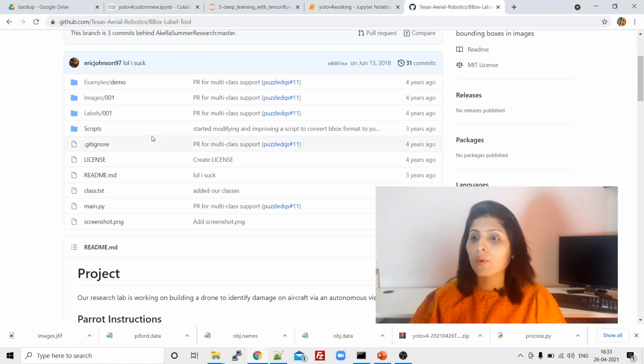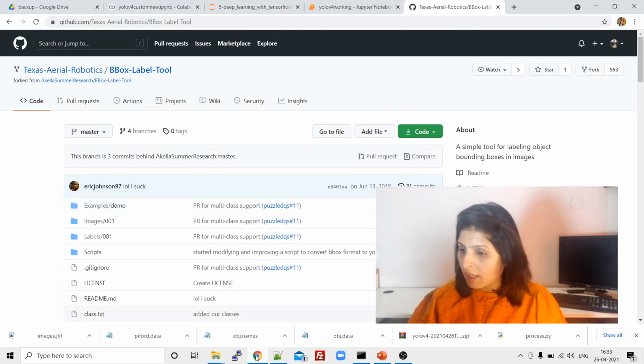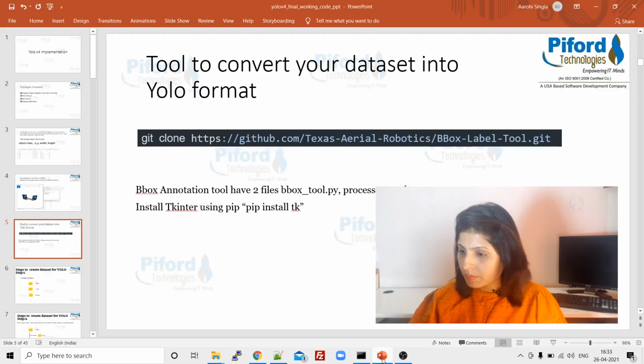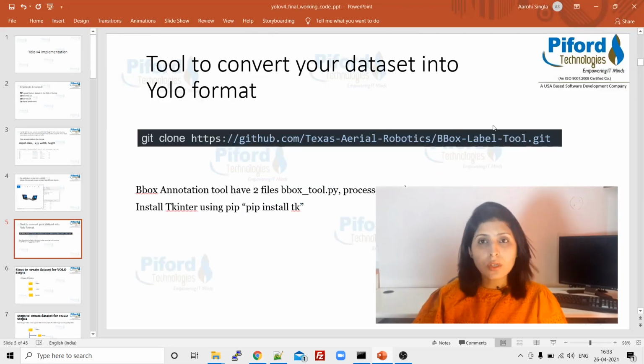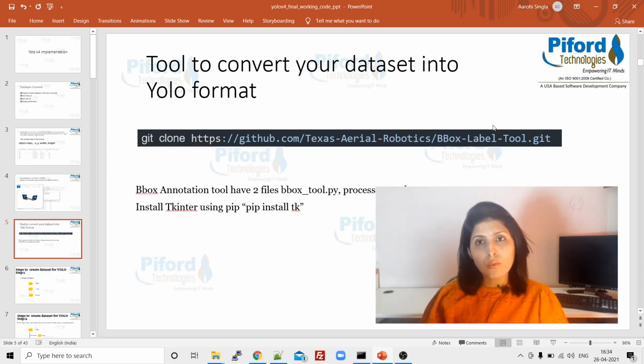This is the repository, and you can download it from here. What we want from this repository is the bbox label tool. This is a desktop tool, and using this tool we are going to annotate our images in the format of YOLO version 4.